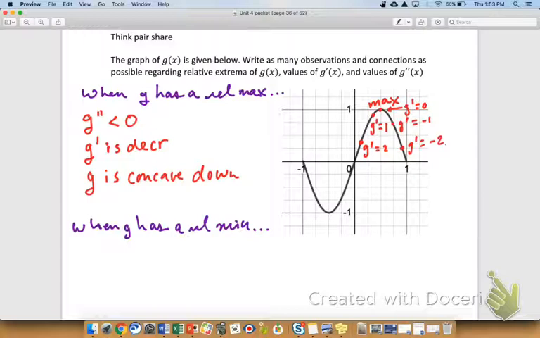How about the other one, when G has a relative minimum? What would you say about that? Sure. Luke. You could say G double prime is positive and has a relative max. G double prime is positive, and what has a relative max? G double prime has a relative max, and G is a relative